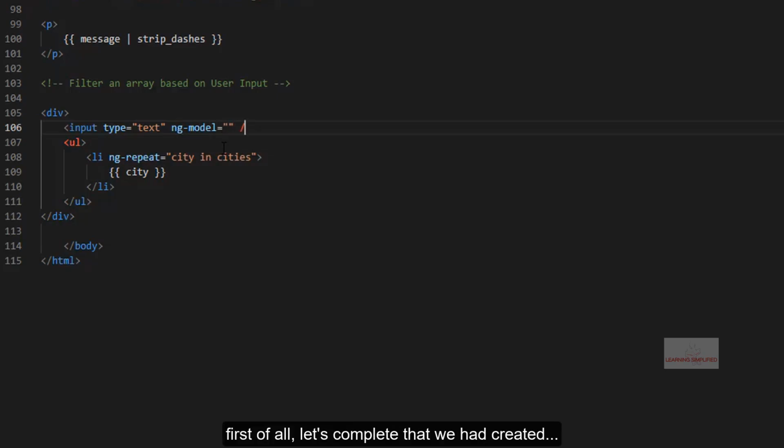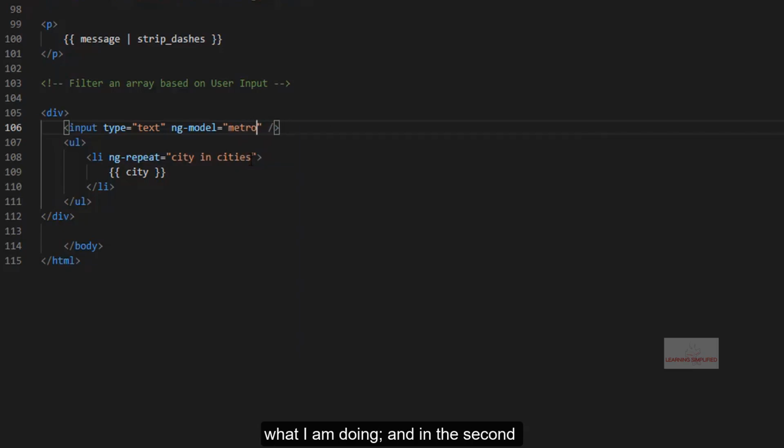First of all, let's complete that we had created this input type text, and we had made usage of this ng-model. Now say we will be using some other kind of naming here. Say we will be using this name metro.